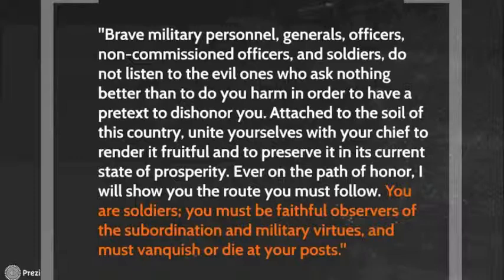Ever on the path of honor, I will show you the route you must follow. You are soldiers. You must be faithful observers of the subordination and military virtues, and must vanquish or die at your posts." So here, because it's a speech, he's directly referring to his soldiers, to an audience, but it's a